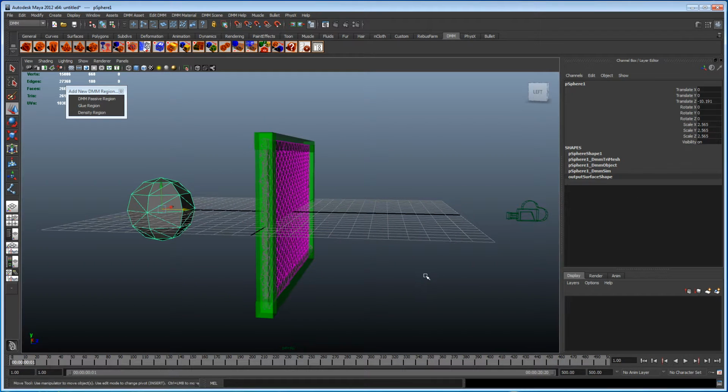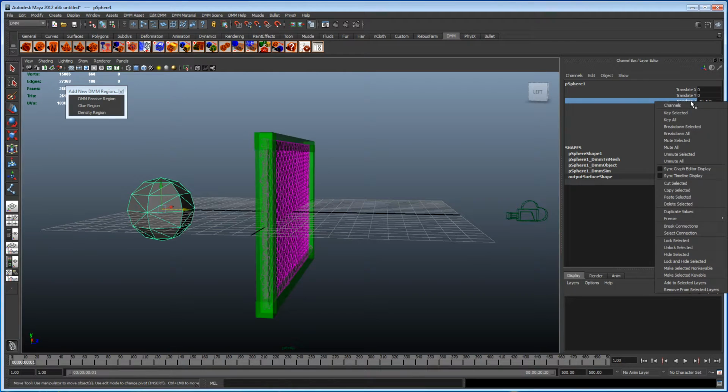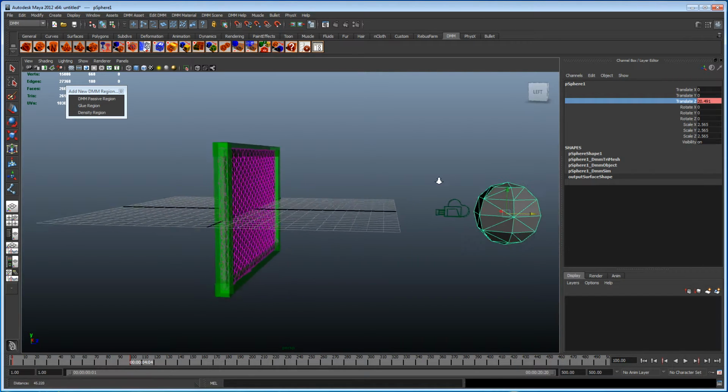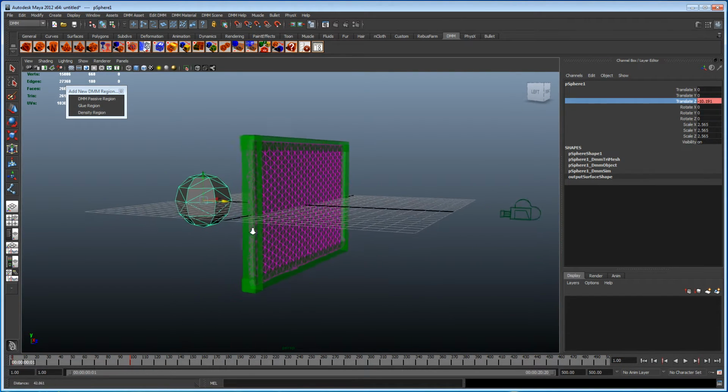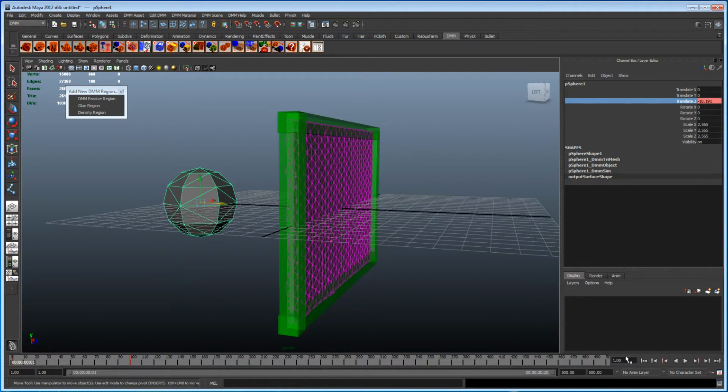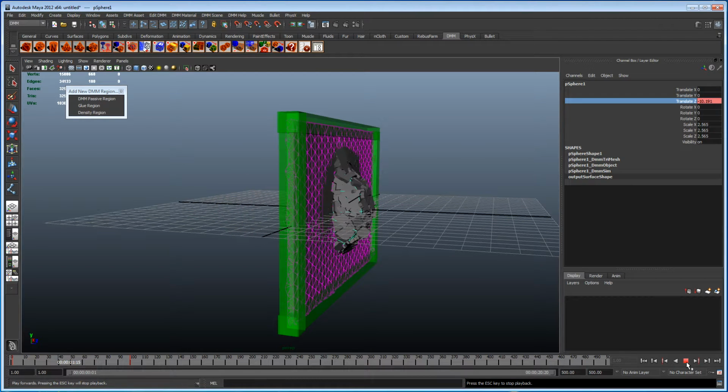So let's just key that Z. Key that Z. Now I should say that my client that wanted this done wanted the glass to smash out in slow motion, so we're just going to try and replicate that. Let's just do a quick play. Crash. Yeah, seems to be working